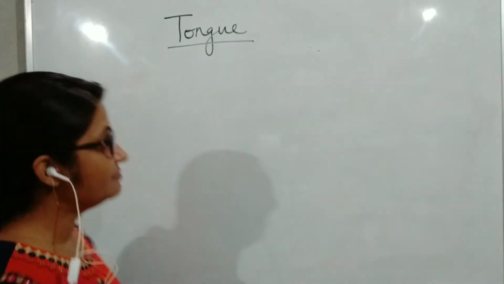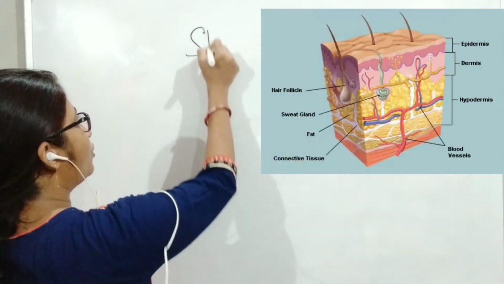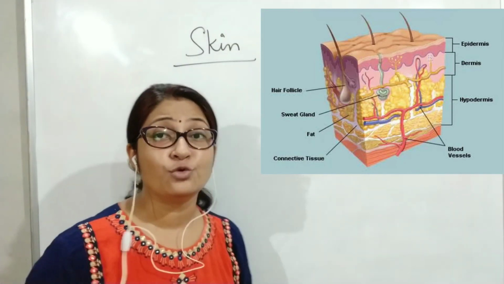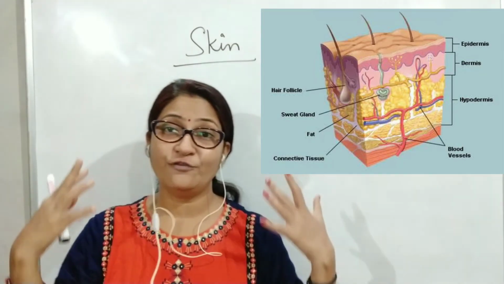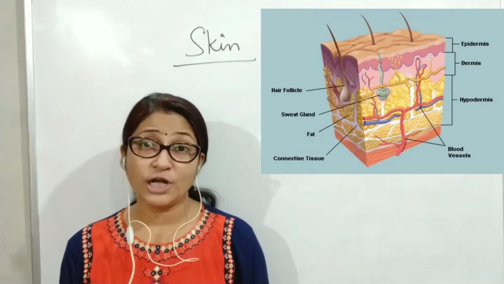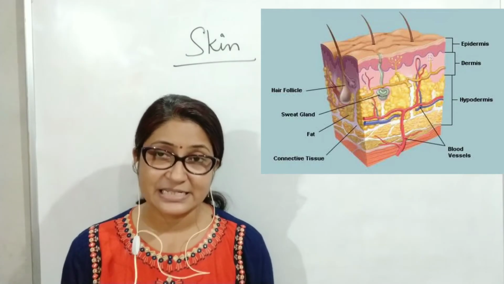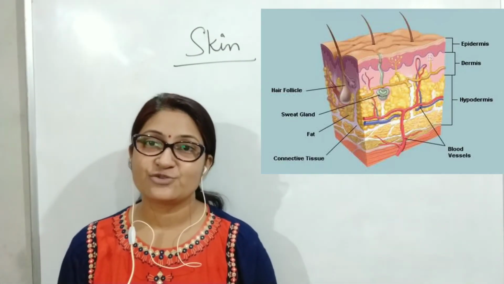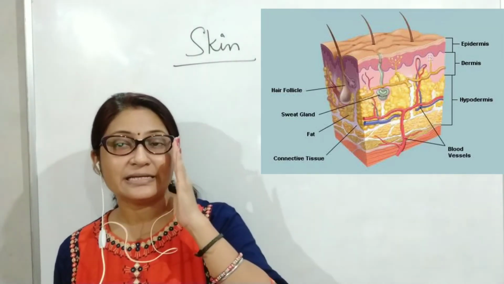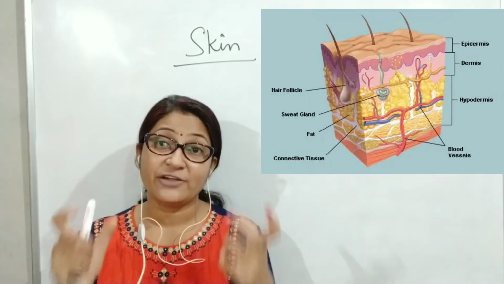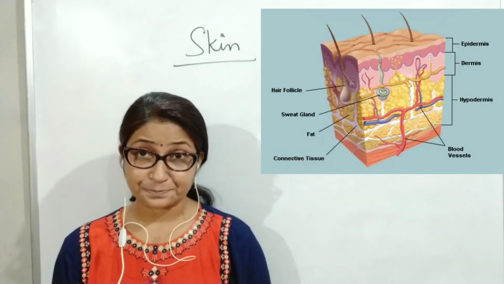And then last comes the skin. The last and the most important organ is the skin, which covers the human skeleton. All over your body, the skin is present. If the skin would not be present, we would all be simply skeletons, the structure of bones, the scary ones. But actually it is not, because skin is there to protect those frameworks of bone.